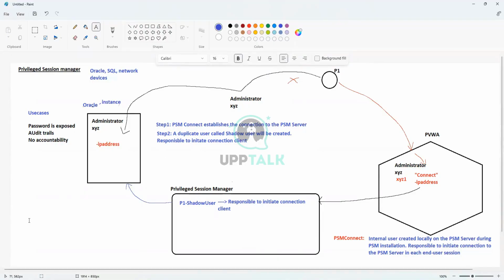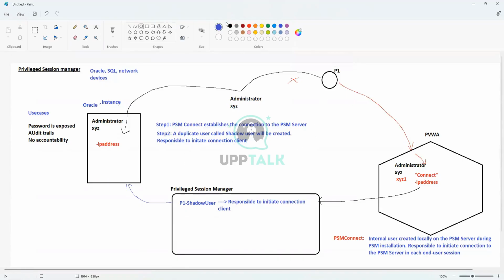Once the connection is established, there is going to be another user that will be responsible for recording. But let's talk about the shadow user a bit more. Why do we have the shadow user in this place? Just to achieve isolation. How does the isolation work? Let's say there